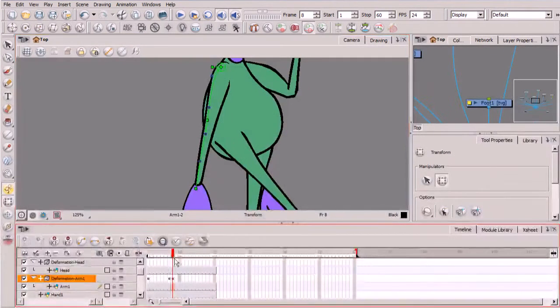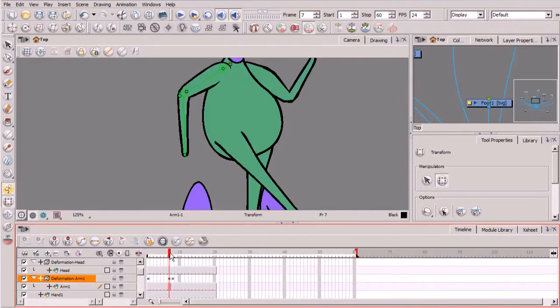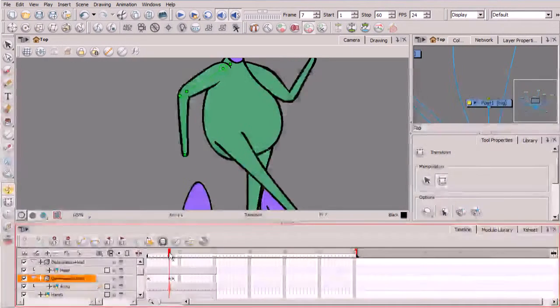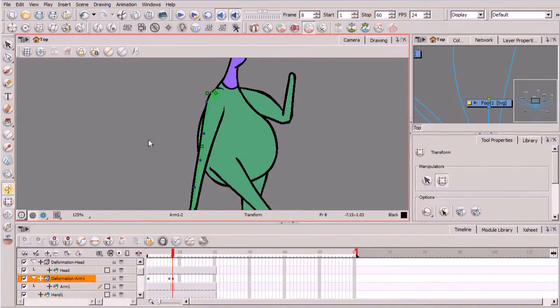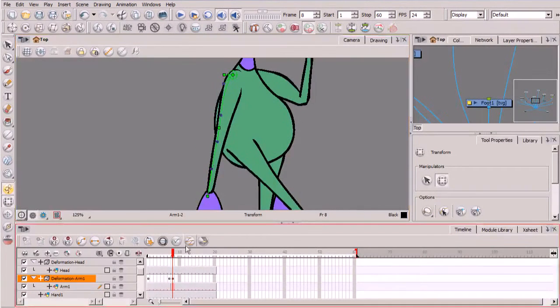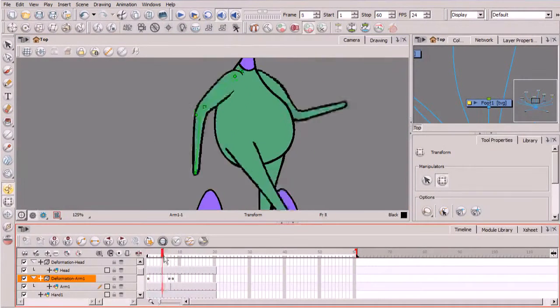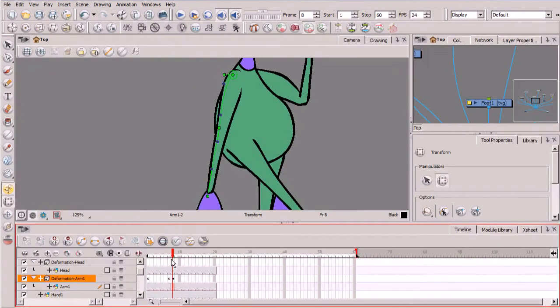So what we want to do now is we can kind of compare. We can see how it's jumping in between deformers. We've got deformer bones and deformer curves. Now, the thing about switching in between deformers is that they're not going to interpolate between one another, all right? It doesn't have that capability. But what we can do, if you're trying to keep your animation fluid, if he's swinging up his arm like this, basically bringing it back, and you want to switch to deformer curves but still keep that animation fluid, well,